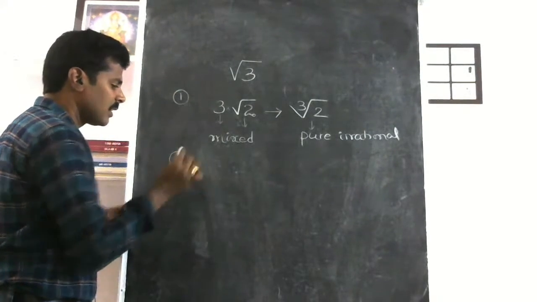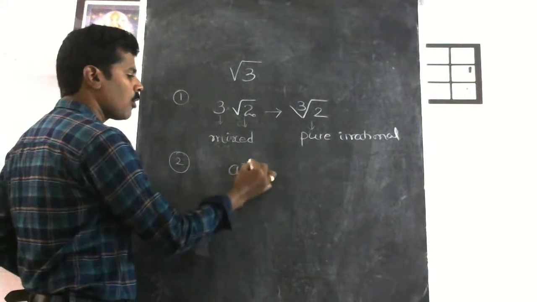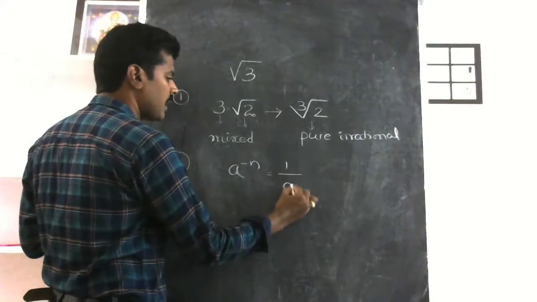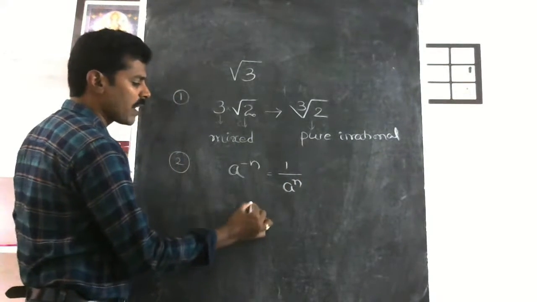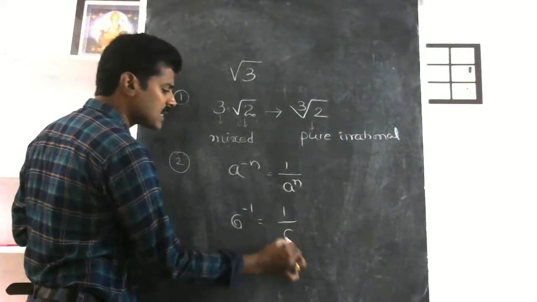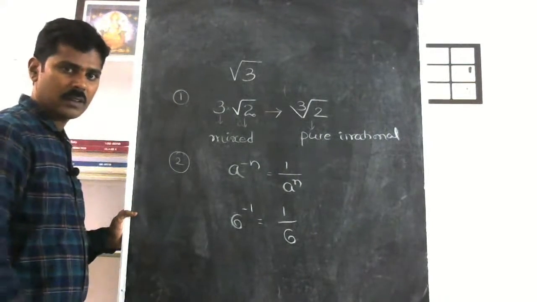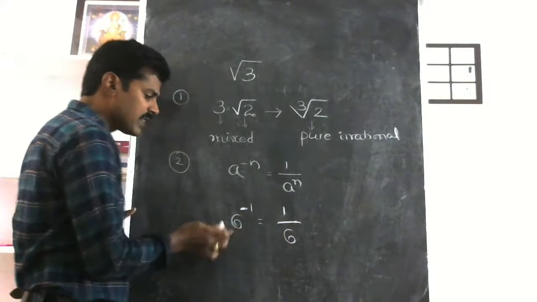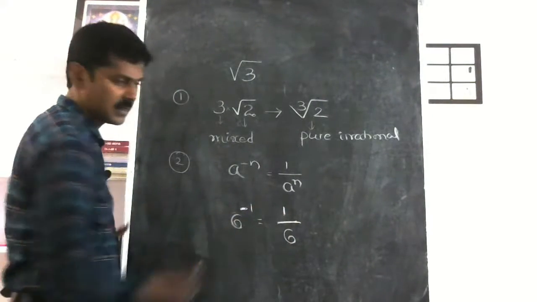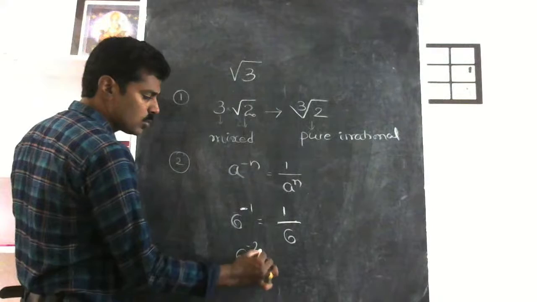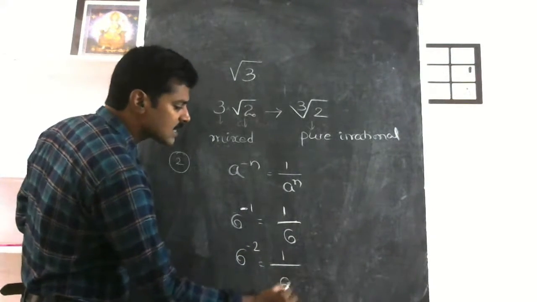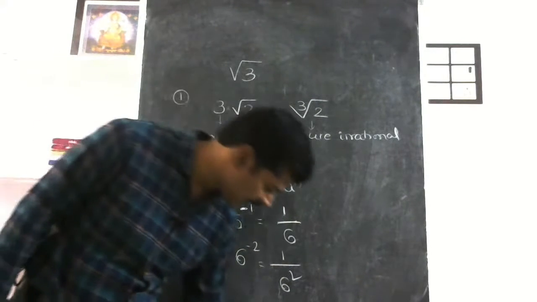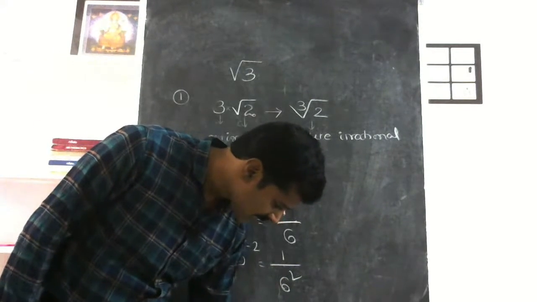And the second one: while you are writing a power minus n is equal to 1 by a power n, this should be written. And if you got 6 power minus 1, your answer will be 1 by 6. That means a minus indicates the reciprocal of this number, 1 by 6. If you have 6 power minus 2, then you have to write 1 by 6 square. Like that you have to mention that. I have found another. And one more is in simplification,